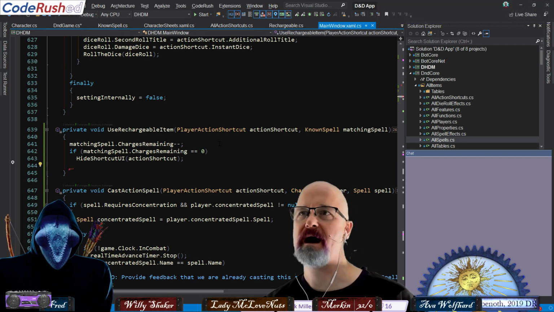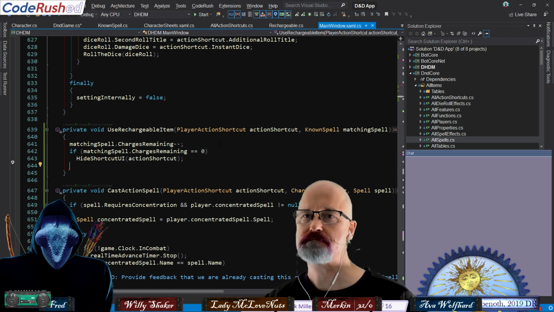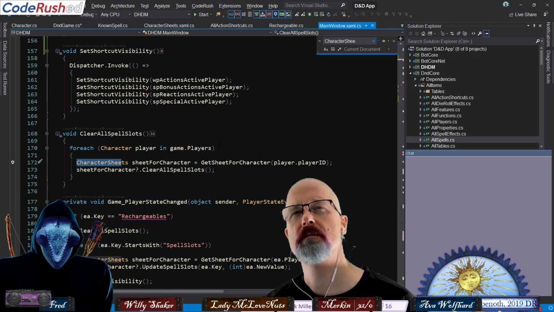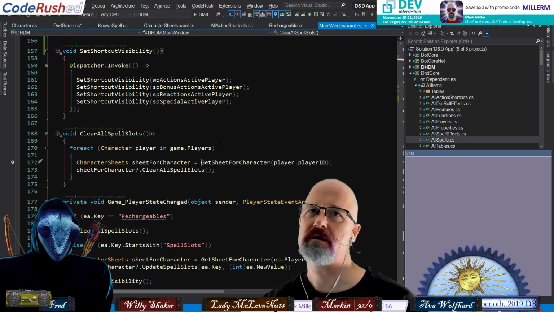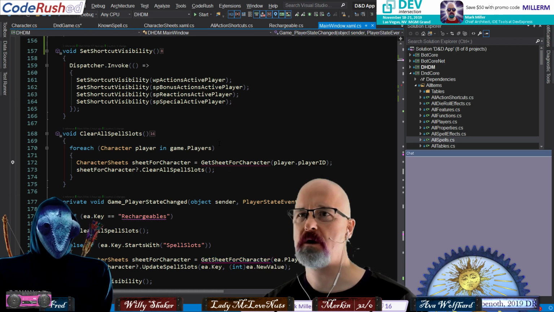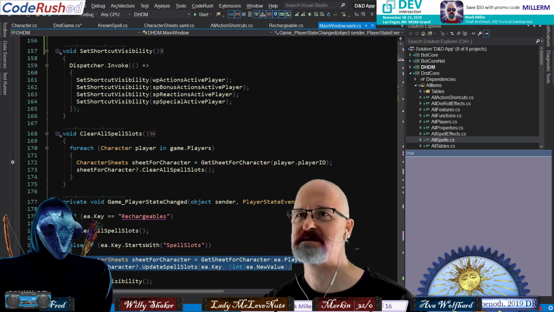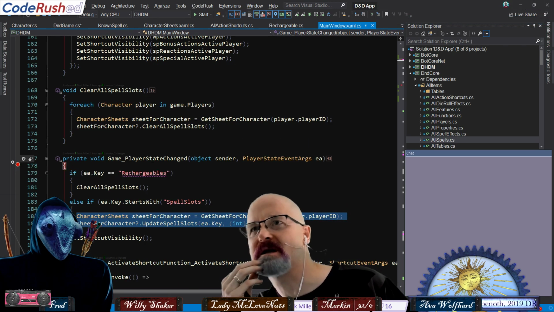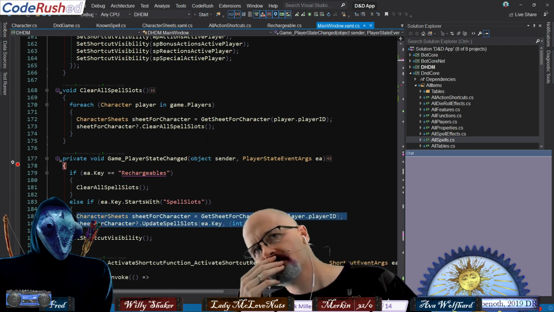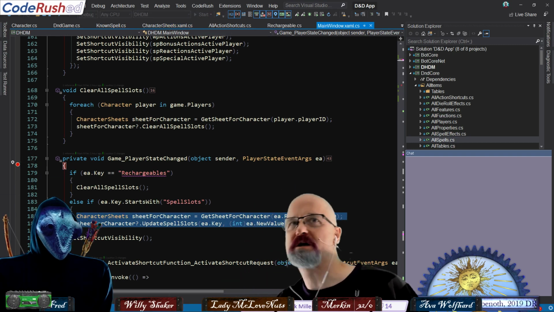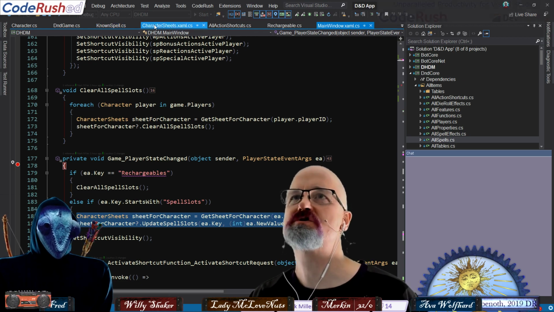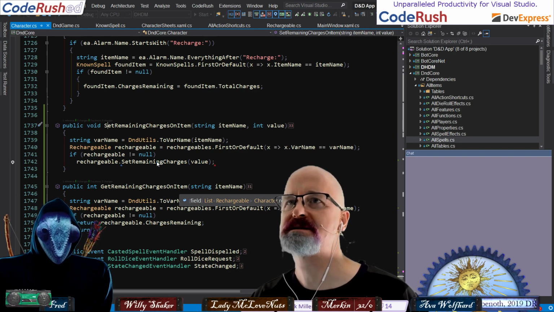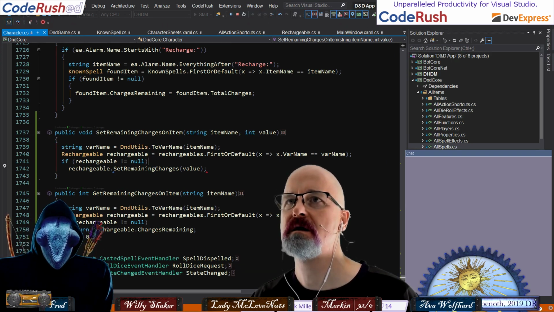But now we've got to go find the character sheets. Got a get sheet for character. That looks cool. Sweet. We need code like this. Oh, here we go. Player state changed. Ooh, this might all work. Let's just set a breakpoint here and see what happens. Because when we change that rechargeable at low level, it should trigger down here. Set remaining charges, charges remaining, set remaining charges here.